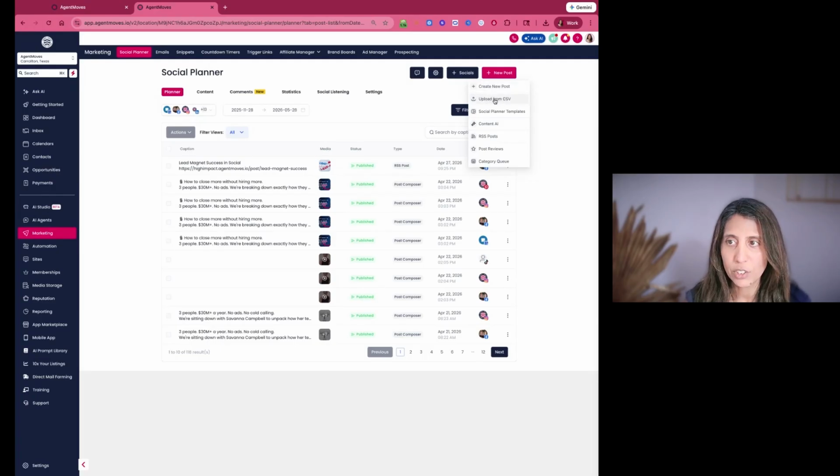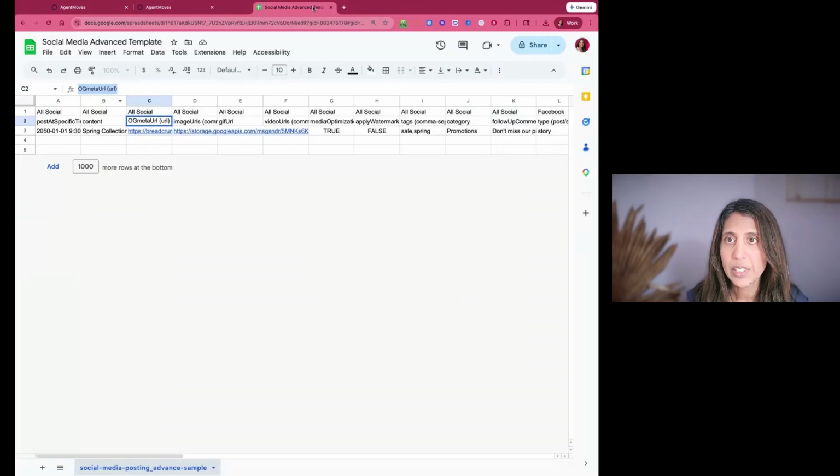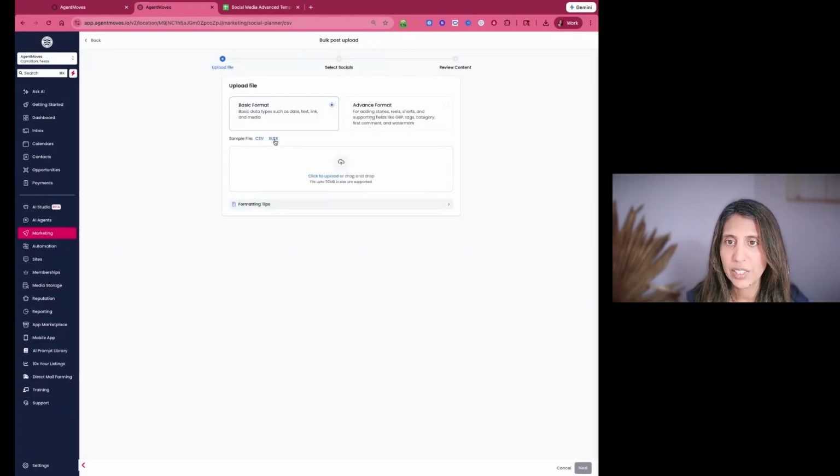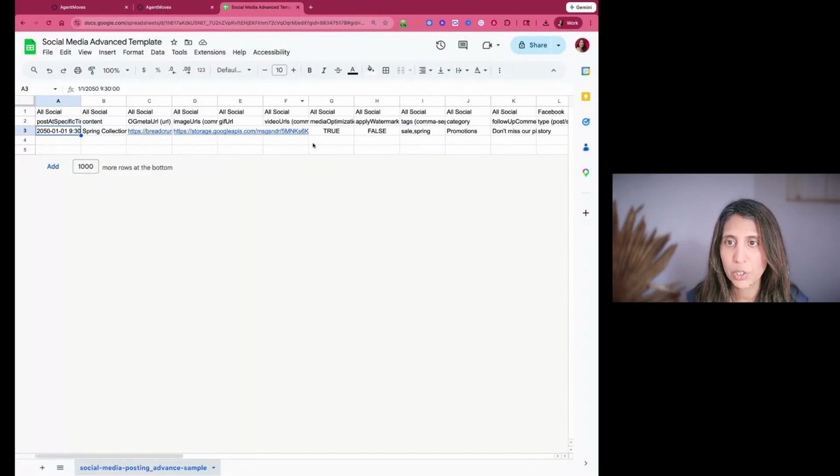This one right here, upload from CSV, will literally do that. Allow you to use a CSV template, which is right here. This is the example. You can pull this yourself. If you just hit sample file, you'll be able to open this up. And it allows you to put a bunch of content in here, all of your posts all at once, schedule